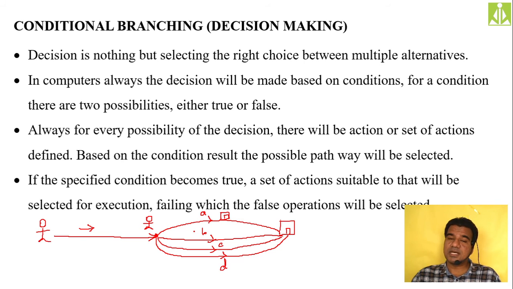Remember this one, understanding this analysis is very, very important. Of course, it is very easy, but the same thing we will do in our programming. Whenever we are selecting one possible path among different paths, when you select one path, you are skipping other paths, other ways. So over here, as your requirement is that you want to meet your friend today, after reaching this point you are selecting path A, because your requirement is that you want to meet your friend.